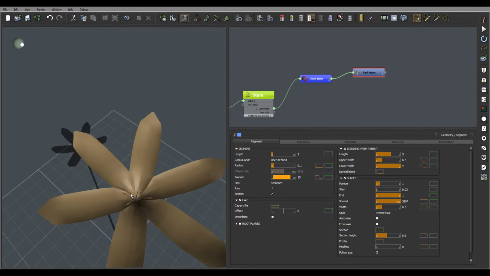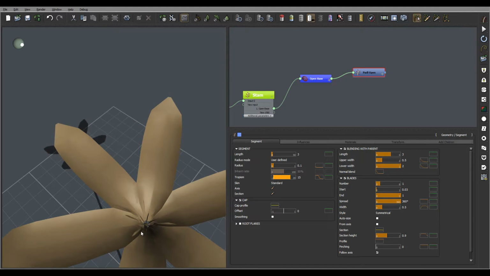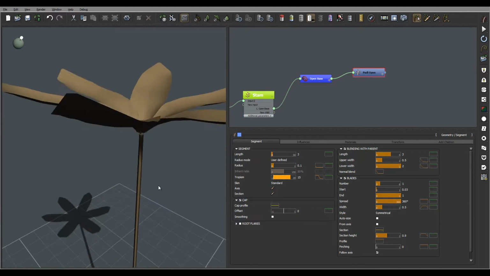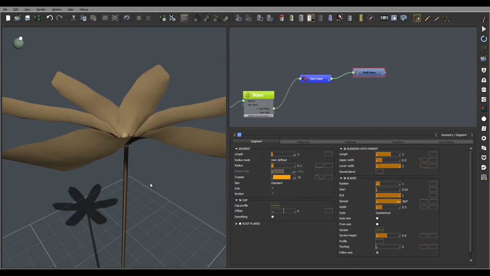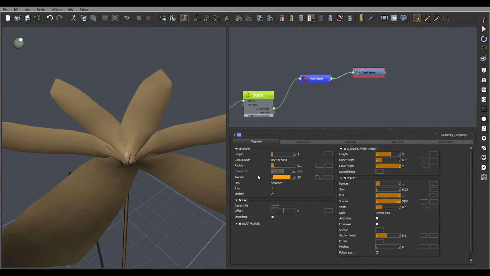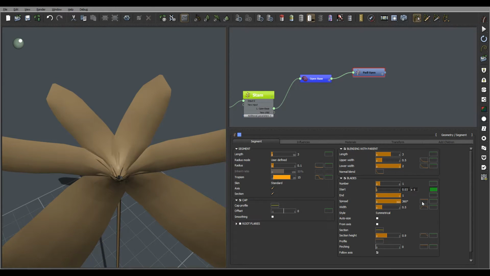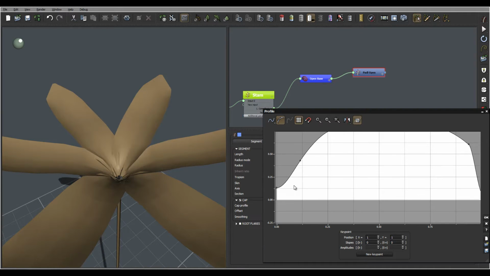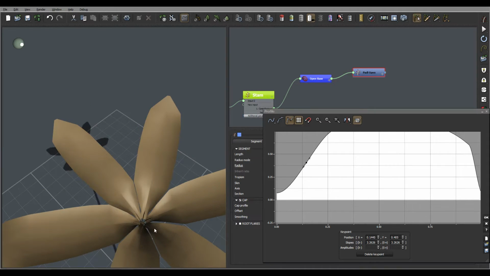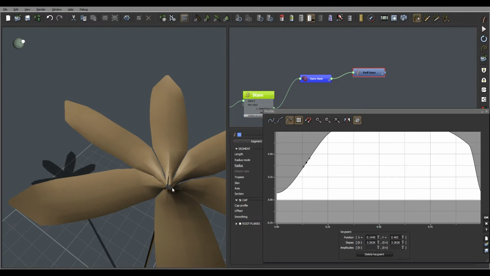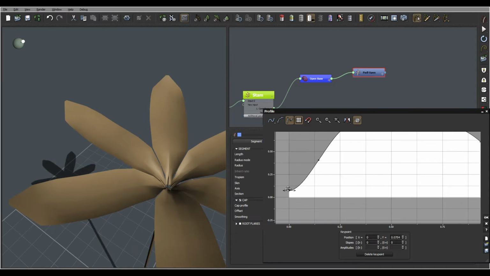Okay, notice right here we have some overlap. We'll need to fix those a little bit. Okay, and let's do this. Let's go ahead and fix this. Just probably bring this a little bit down right here. Okay, I don't like how